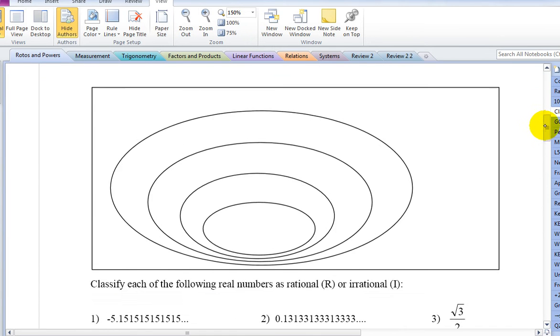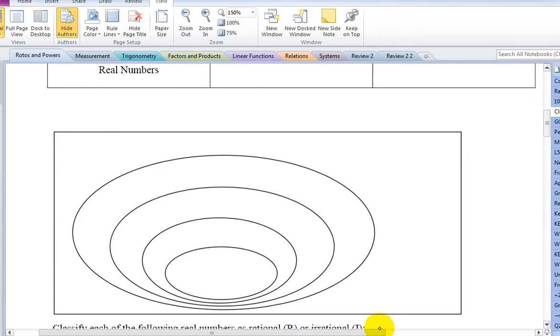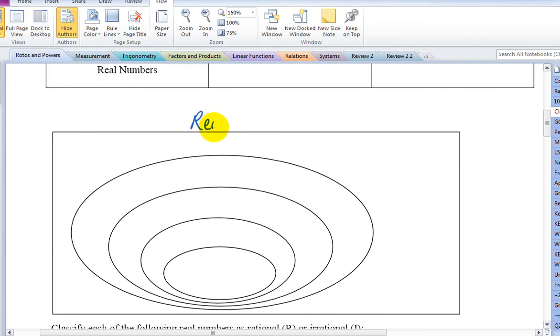Okay, so looking at the bottom, we have this diagram. This diagram is what we call the real number system. It's our numbers as we know them. If it's not a real number, it's something made up that you've never seen before, which is not a number. So it's two parts. Okay, what we have here is on the outside of the circle, we have